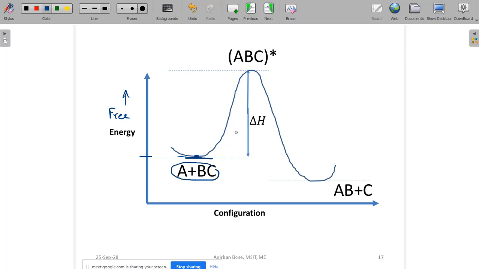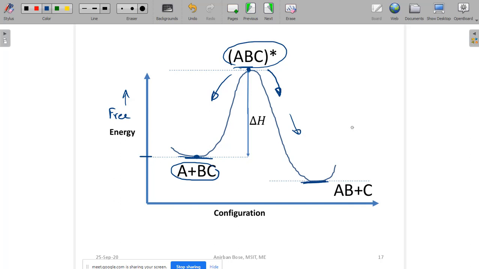Now here you can see, as I have already told, some of the atoms and molecules have very high energy, and they can form this activated complex. Definitely this is not a stable situation, but the activated complex has been formed here. Only a fraction will create that, and now from here they can either go in that direction or in that direction. But here you can see AB plus C has a lower average energy than this one, and that is why the net reaction will go in that direction.